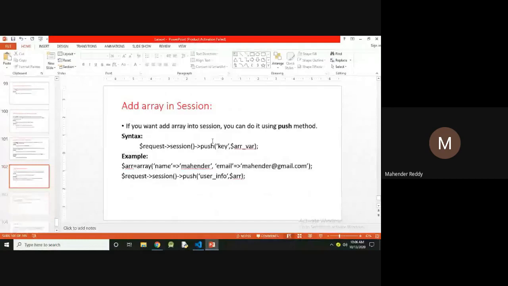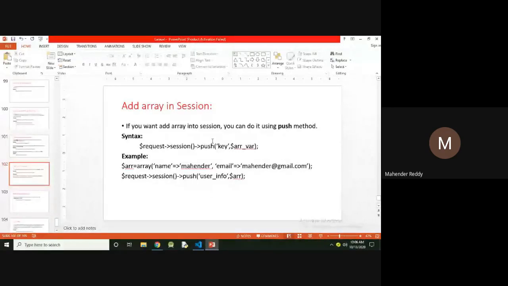And add array in session. If you want to add an array into the session, you can do it using the push method. Sorry, not flush, the push method. Before using the push method, you have to create a simple array.